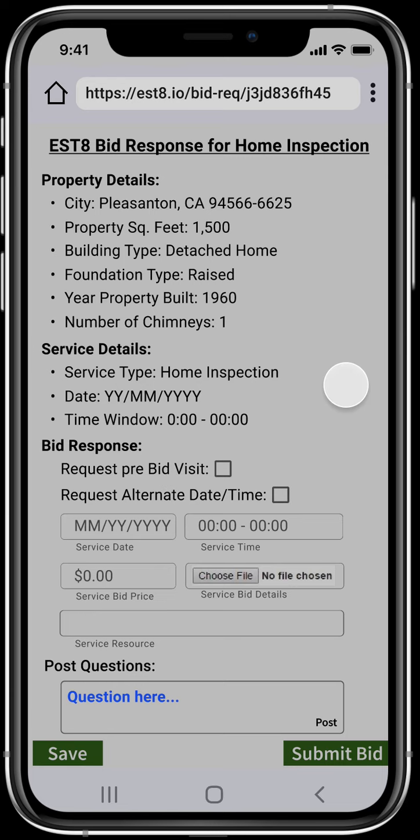Here I can enter if I want to do a pre-bid visit, if I want to request an alternate time, and I can enter my price and other information. So I'm going to go down a little scenario here. Let's say I want to post a question. So the question I would enter here, and now I'm probably going to have to wait to hear the response